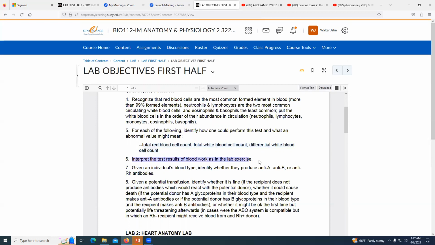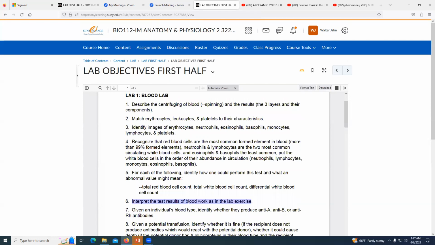So interpret the test results of the blood work, like high hematocrit. There's going to be a few more of them on the online version than in the in-person version. And once again, I mentioned this before, but just so you're aware, for the online stuff, I make question pools which are chosen at random. So for example, if here were the different types of this blood test we do, if there were 5 questions, I'll just make a pool,